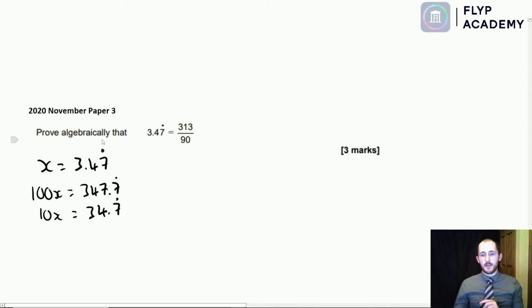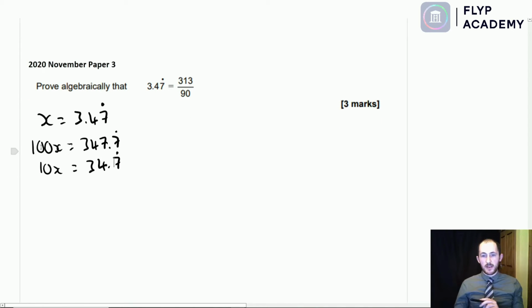The reason why we do that is we want to subtract these two to get rid of all of the recurring decimals. So the first thing you do is you times by however many 10s you need to make the 0.7 in the first decimal place. We have two numbers before the 7, which is recurring, so we times by 100. Then the next thing you times by is however many it takes to make that into the first decimal point, 10. Now if I do 100x minus 10x, that is equal to